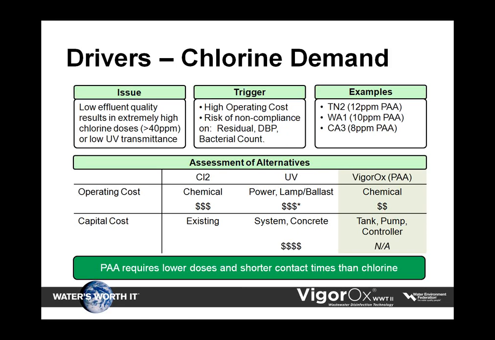The high chlorine demand case is typical of plants that treat a significant amount of industrial effluent or plants that produce primary effluents. In these cases, chlorine doses are high, typically around 30 to 40 ppm, representing very high chemical costs. Replacing chlorine with UV in these plants would not be practical or cost-effective, since the low transmittance of the effluent would require too large of a UV system. On the other hand, with Vigorox, plants observed lower operating costs and avoided capital expense, since again, the equipment is leased at a nominal value.